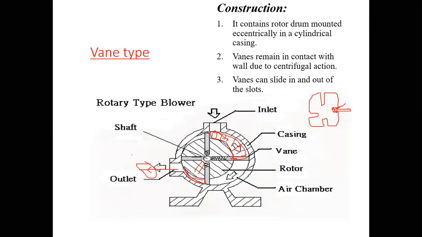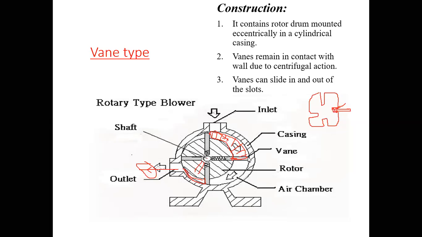Basically this is very important. This is the reason why, in order to trap the air and raise its pressure, an eccentric rotor is provided inside a vane type of compressor. So this is a very important type of compressor. Just raise your hand so that I know that you are understanding the concepts. The vane type compressor, I understand.